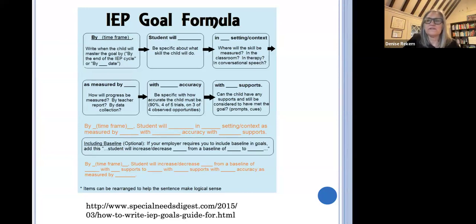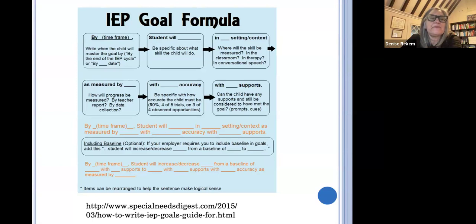So you want to look at the goals in your IEPs and think through, are they, first of all, targeting the right skills? If a child has social deficits and say they're on the autism spectrum, and the goals in the IEP are all academic and not dealing with any of the social issues, then you're missing goals in certain areas. If the goals say improve, or they're hard for you to understand, and they then report to you that the child is making progress, you need to understand what that even means. How is progress being measured?